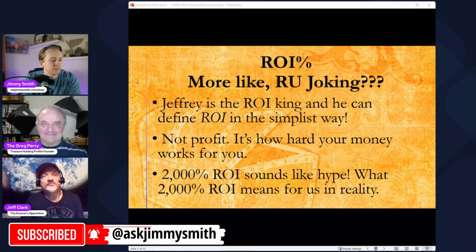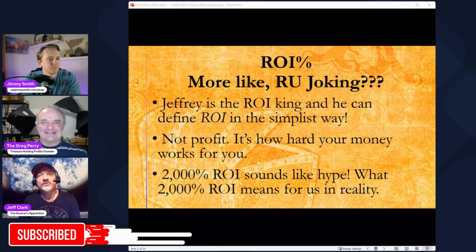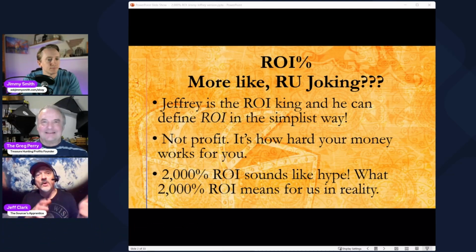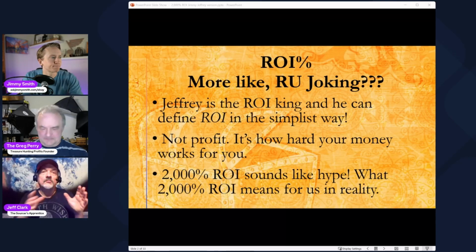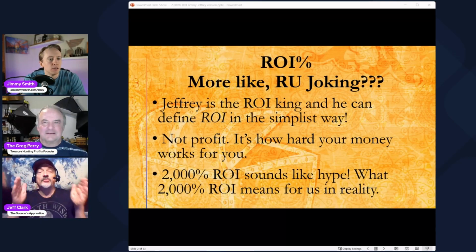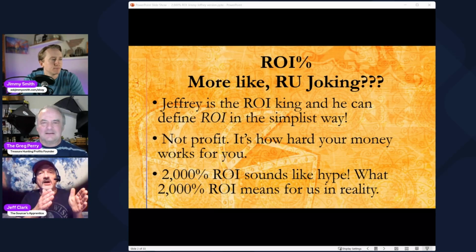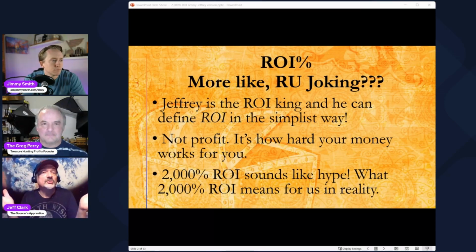Sure. Well, that's a good place to start, because a lot of people confuse ROI, return on investment, with margins. They're two different things, but a lot of people think it's the same thing. And when I hear people talking, I can tell that they kind of conflate the two. So margin is the percentage of your sale price that is actually profit. So let's say you buy something for $5 and you sell it for $10. Well, that's a 50% margin, because 50% of the $10 is your profit, right?